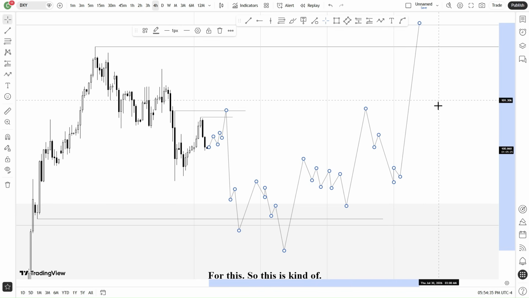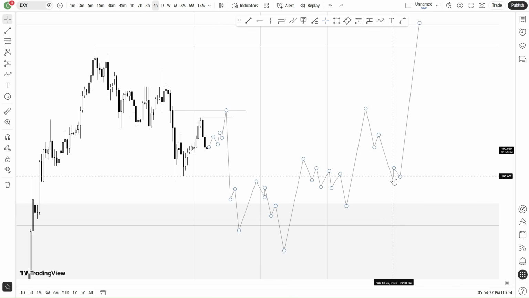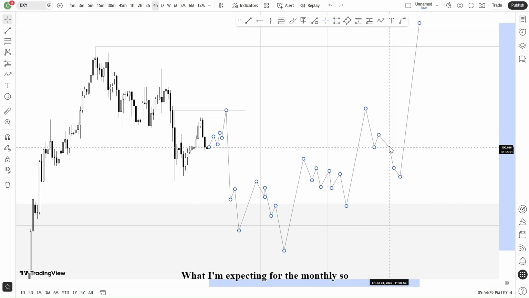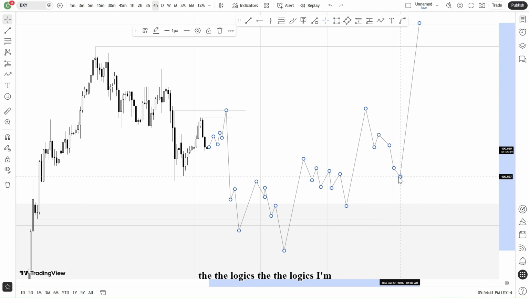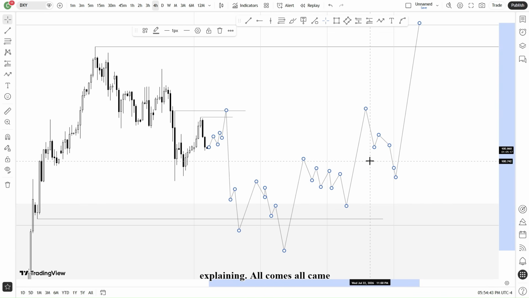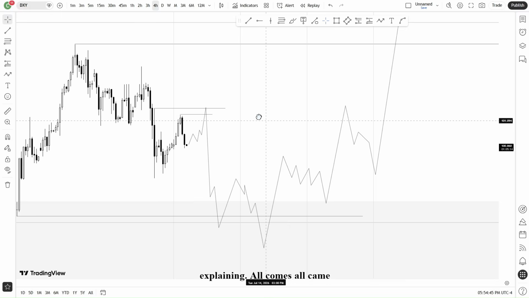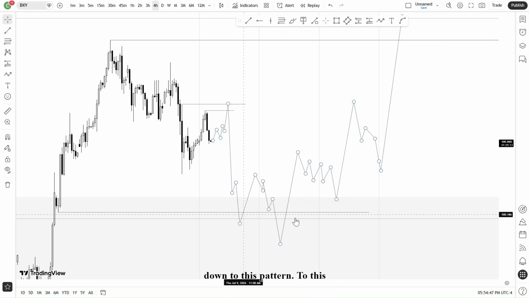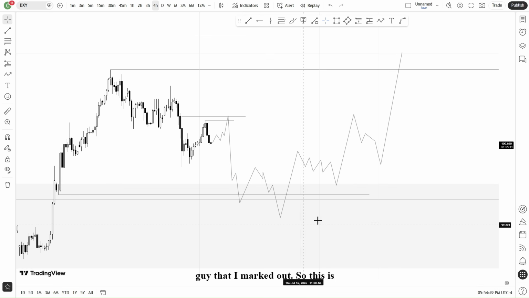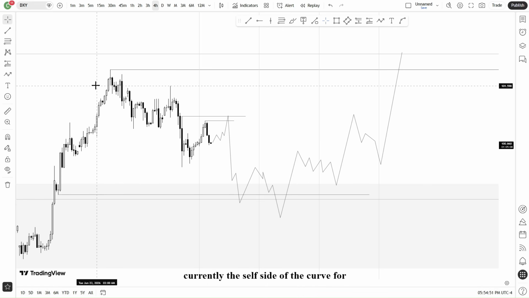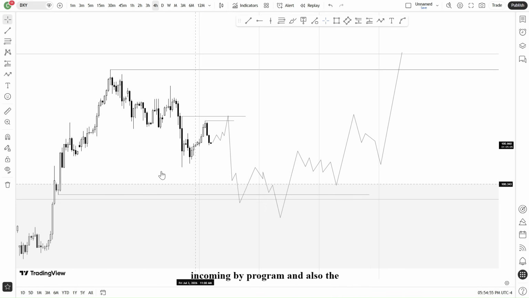So this is kind of what I'm expecting for the monthly. The logics I've been explaining all came down to this pattern, to this guy that I marked out. So this is currently the sell side of the curve for an incoming buy program and also the protraction phase